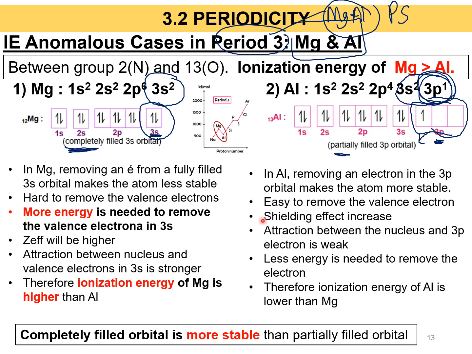So bila senang nak remove electron, makanya apa berlaku pada attraction between nucleus? Bila senang nak remove electron, makanya the attraction between nucleus and the valence electron will be weaker. So bila attraction dia lemah, senang nak remove electron, makanya you tak perlukan banyak energy untuk remove the electron. You perlukan sikit saja energy untuk remove the electron. Therefore, ionization energy of Al will be lower than magnesium. Sebab pokok pangkalnya a completely filled orbital. You tengok orbital mana pada valence electron, is more stable than the partially filled orbital. Okay,